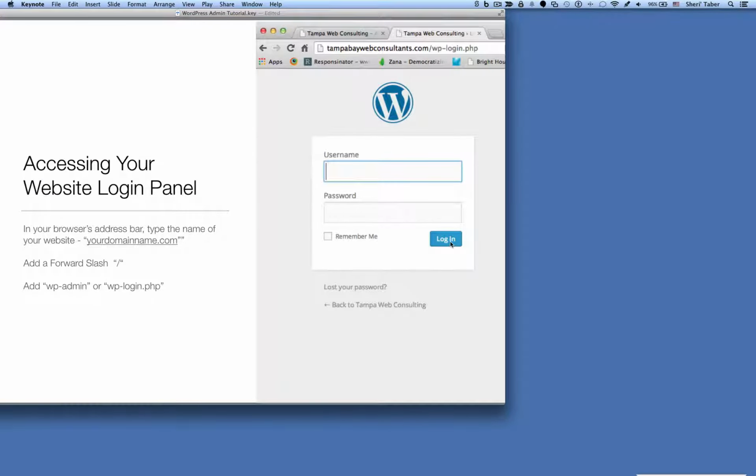First thing we're going to talk about is accessing the website login panel. What you want to do is open up your browser, and in the browser address bar you're going to type yourdomainname.com with a / and then after the / you're going to add wp-admin or wp-login.php. I always use the wp-admin, and it just automatically populates